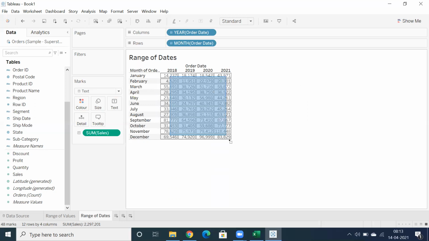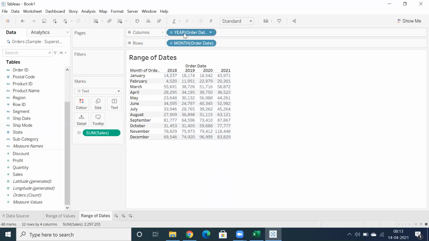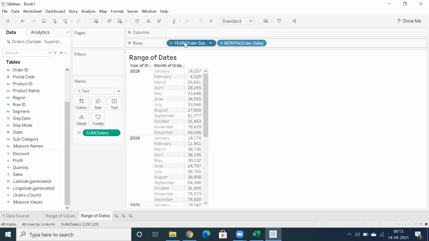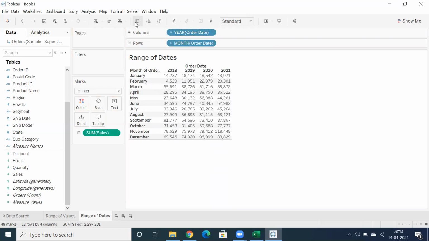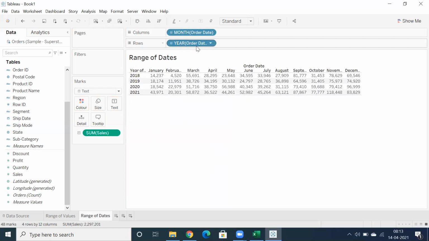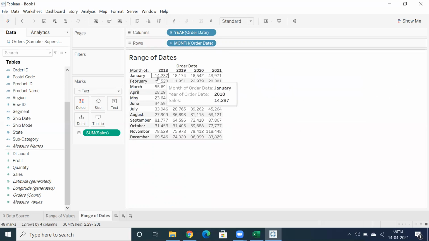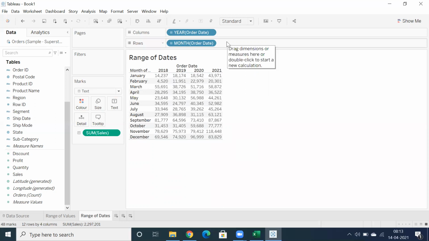Or if you want to go for year in rows and month in columns, you can swap. If you think this looks good, you can prefer this approach, or swap. But you don't have any restriction to place any number of measures or dimensions. You can use that.